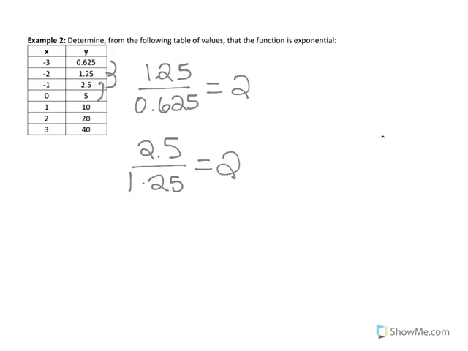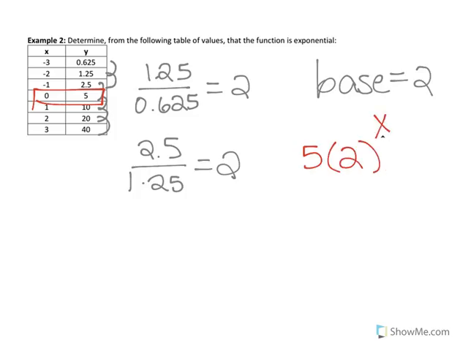And then 5 divided by 2.5 is 2. 10 divided by 5 is 2. 20 divided by 10 is 2. 40 divided by 20 is 2. So because those all have the same ratio, my base is going to be 2. I also can see that my y-intercept is at 5. So I could easily make this equation to be 5 times 2 to the power of